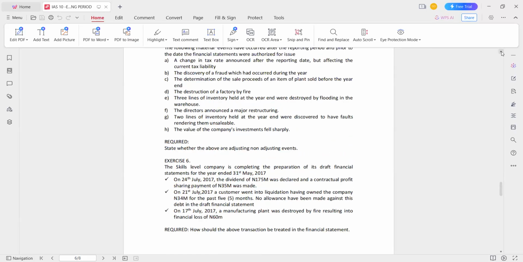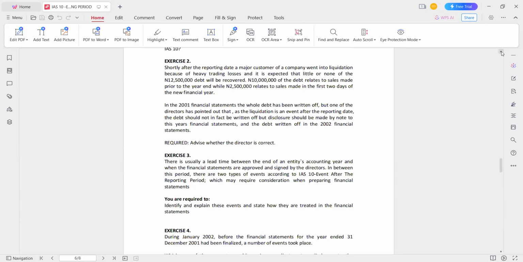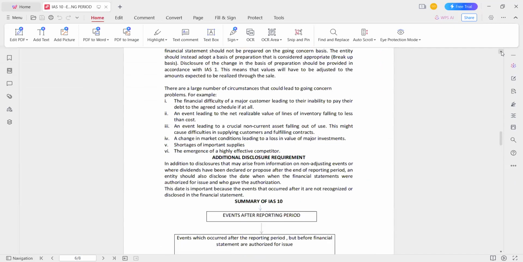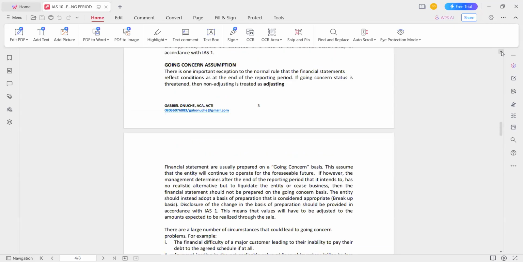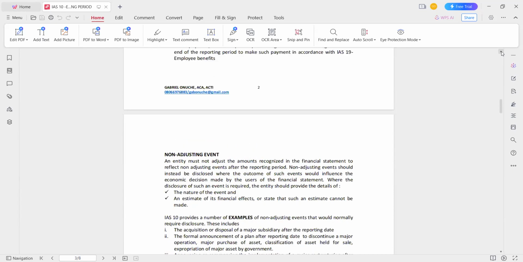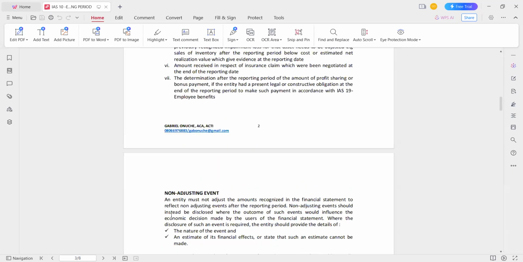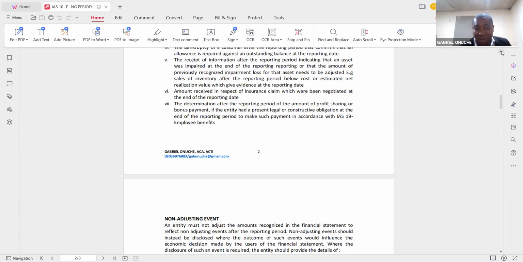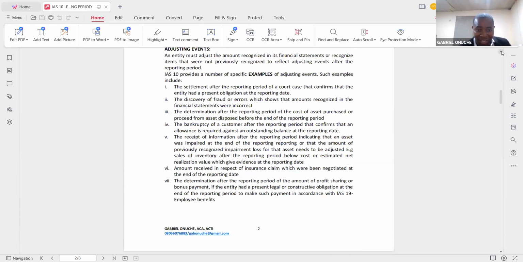But I feel it should be adjusting, because the contract wouldn't have been made after the reporting period. So I feel the contract would have been during the reporting period, stating that the profits made for this financial year, and I think there should be percentages of how they're going to share the profit. So the obligation would have arisen during the reporting period. In fact, you have even impressed me for this class.